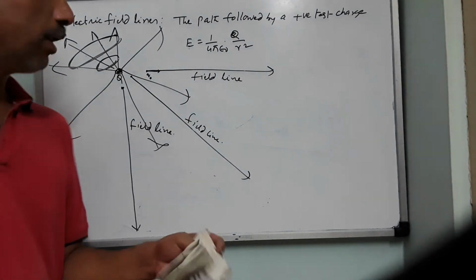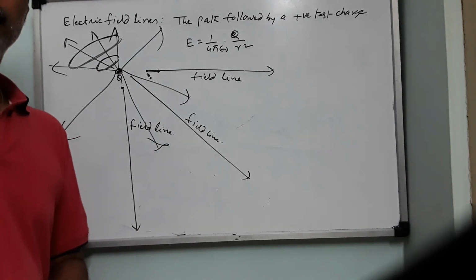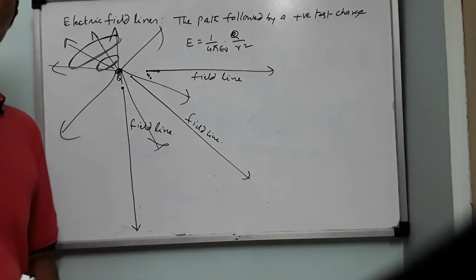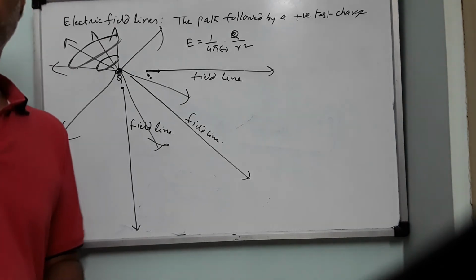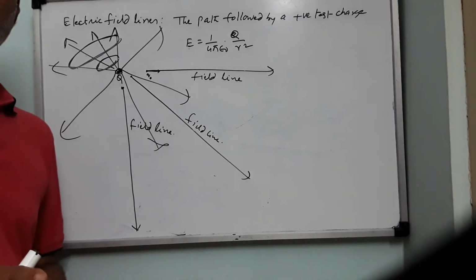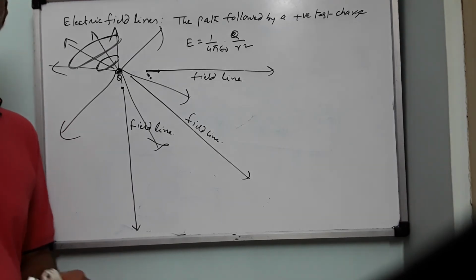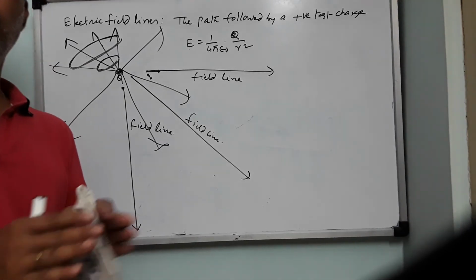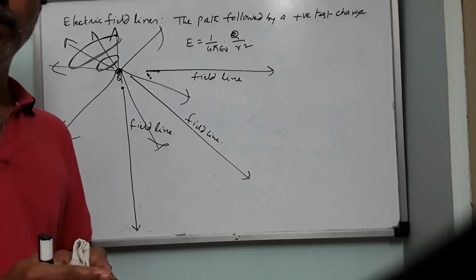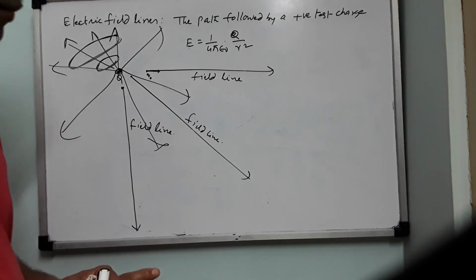Therefore, field lines are always imaginary. They do not exist in reality. But the electric field, in reality, does exist. You can see the effect of the electric field on other charges. So remember this point: electric field is real and electric field lines are not real. They are purely imaginary. They give us an idea of what type of field is available in a given area, whether it is a uniform or non-uniform electric field, and whether it maintains any particular symmetry like radially diverging or radially converging. All that we are going to see now.